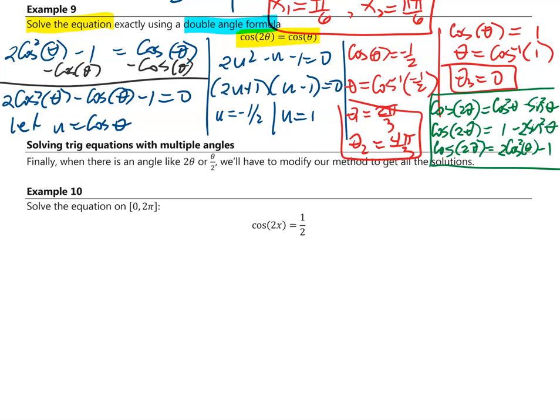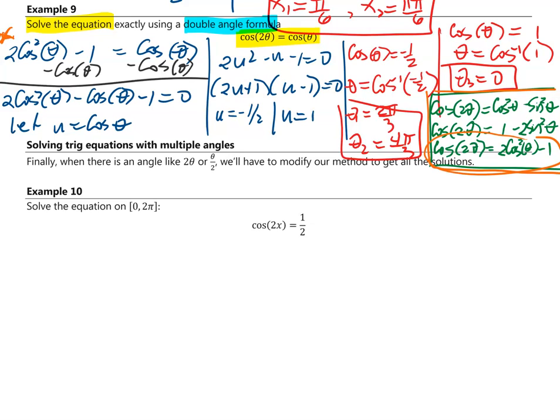And you may ask how did I get cosine 2 theta is equal to 2 cosine squared theta minus 1. So recall our double angle formula. Cosine 2 theta is cosine squared theta minus sine squared theta, or 1 minus 2 sine squared theta, or 2 cosine squared theta minus 1, and we used this one, 2 cosine squared theta minus 1 here. Okay,